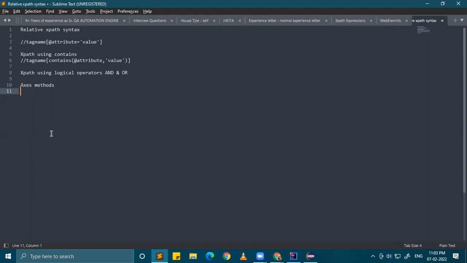So different access methods are following sibling. So Priya, you were saying about the traversing. So all these access methods will be used when you are traversing. Okay, following sibling, then preceding sibling, child, parent,